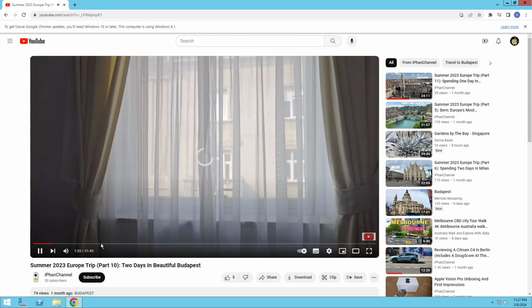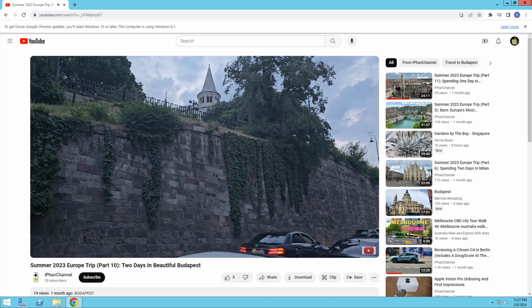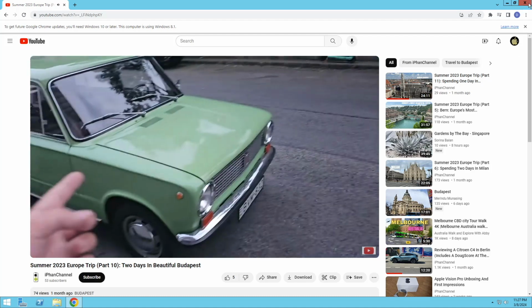Hello everybody, big, even meters tall. I just arrived near the Fisherman's Bastion, and as you can see, this